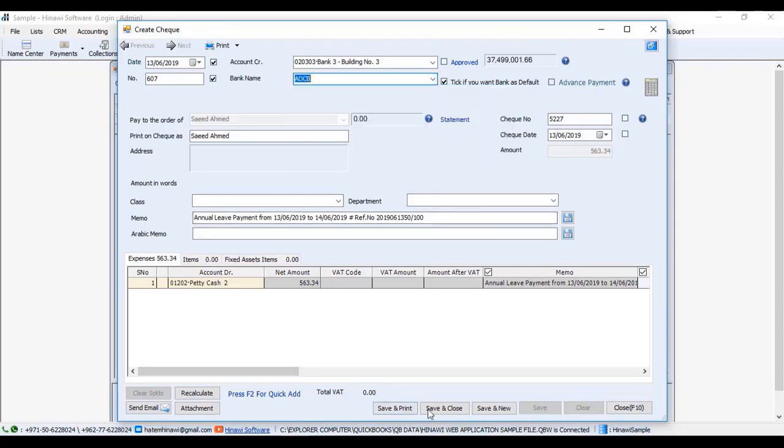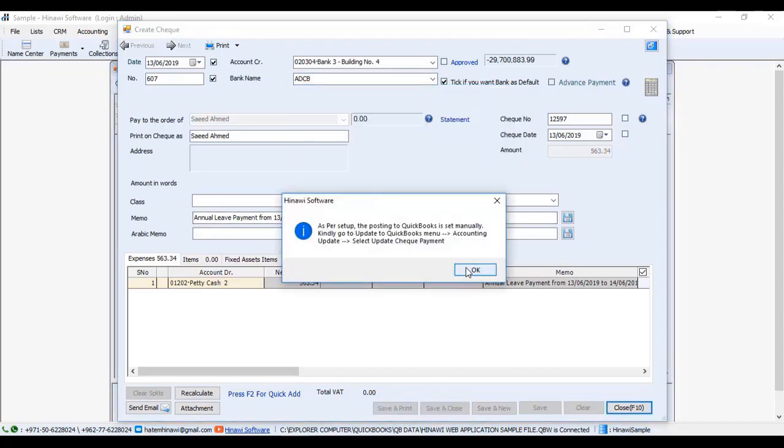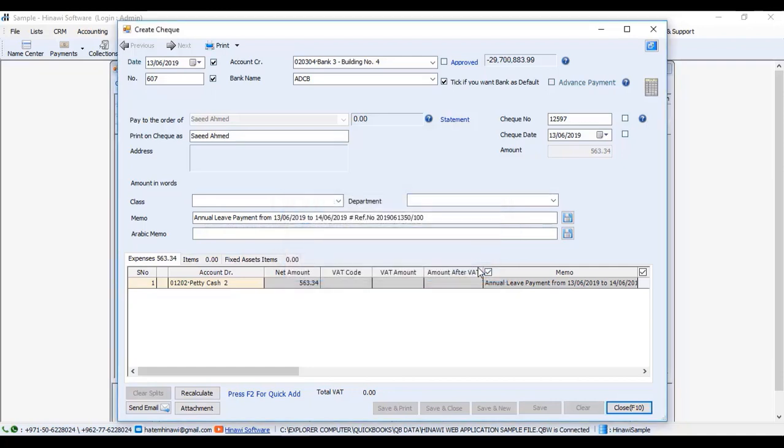Now, as per the setup, the posting to QuickBooks is manual. So, as I said in a previous video, you must select either manual or automatic regarding posting. So now we have to go to the accounting update and click on update check payment and then proceed with this. If you select it as automatic, it will not ask this since it will be automatically